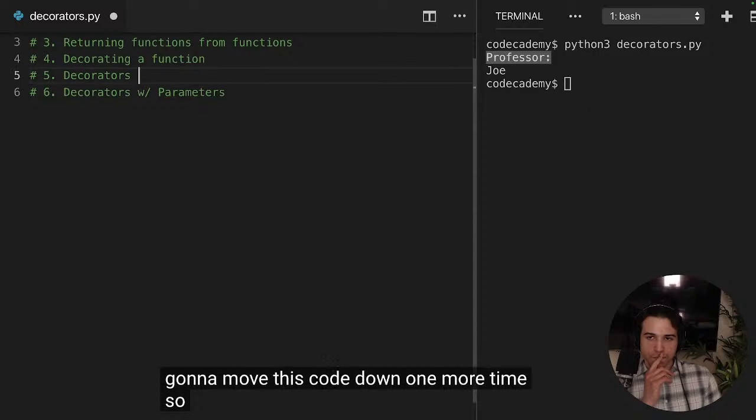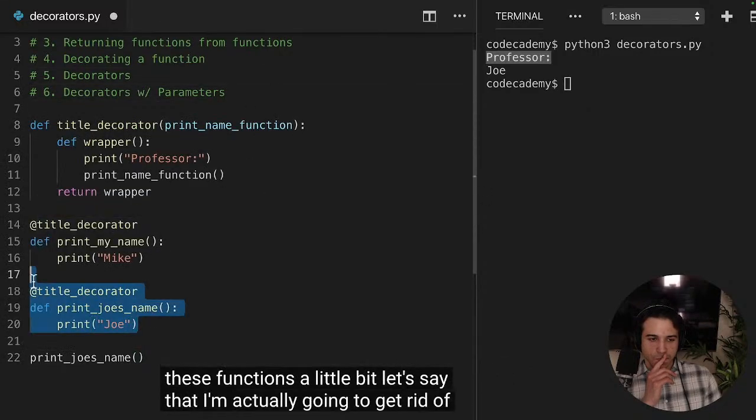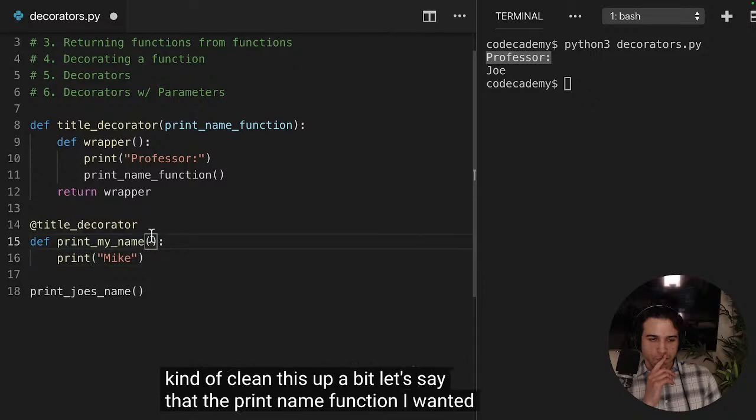I'm actually going to move this code down one more time. So here in this sixth section, I want to talk about decorators with parameters. Let's say that we wanted to spruce up these functions a little bit. I'm actually going to get rid of the print Joe's name function just to clean this up a bit. Let's say that the print name function, I wanted this to be able to take in